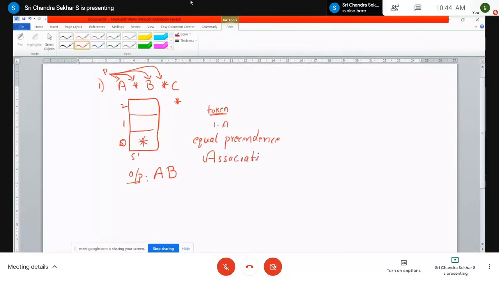So you have to check what is the associativity of these competing operators. The associativity of star is left to right. That means you start scanning the expression from left to right. Whichever operator comes first, that will be the first sub expression you need to evaluate, right? This is what L2R associativity says. But here, whenever it is a left to right associativity, an equal precedence operator cannot lie on top of another operator.